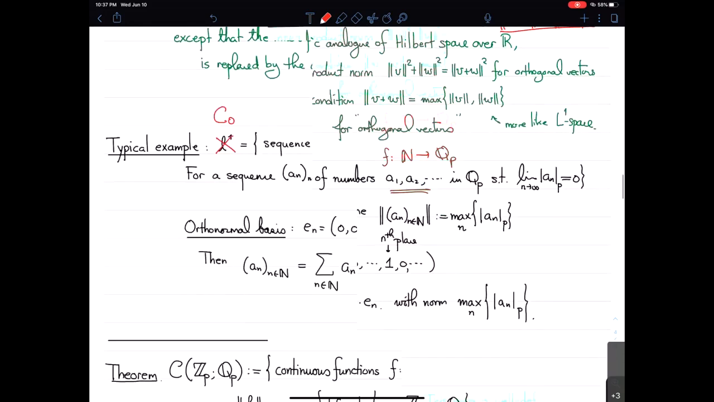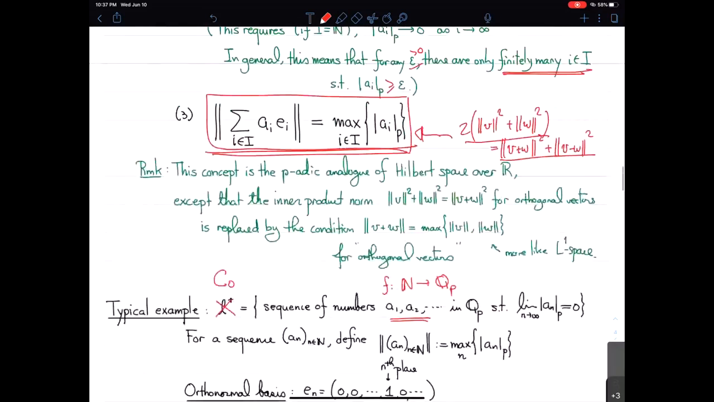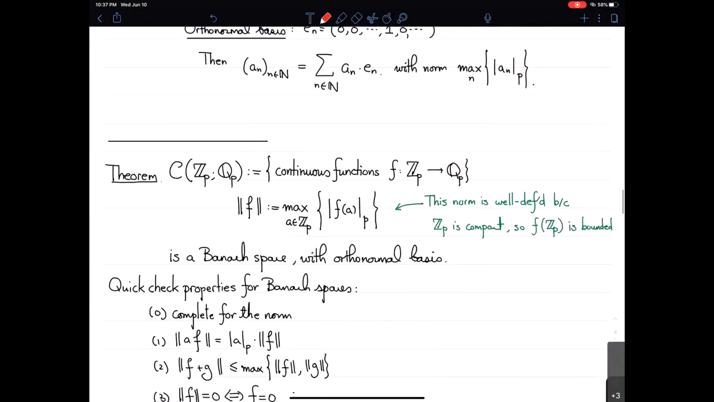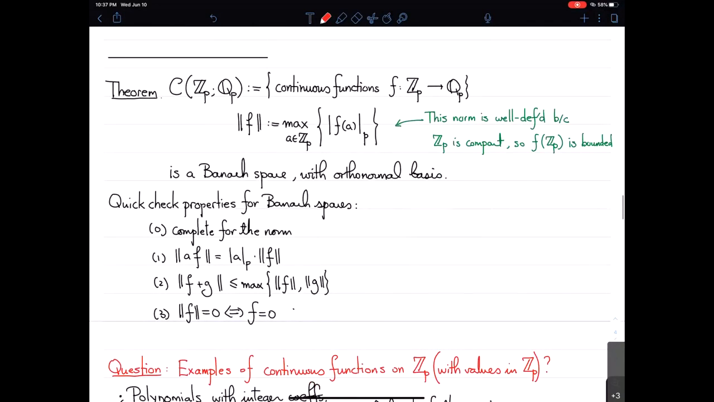Yeah. So I guess it's sort of the good. If you think about it, over R, Hilbert spaces are good Banach spaces. Somehow over Q_p, the ones with orthonormal bases are the good p-adic Banach spaces. Okay, so let's go back to this. So I want to say, okay, so continuous functions on Z_p with values in Q_p, and then the norm is